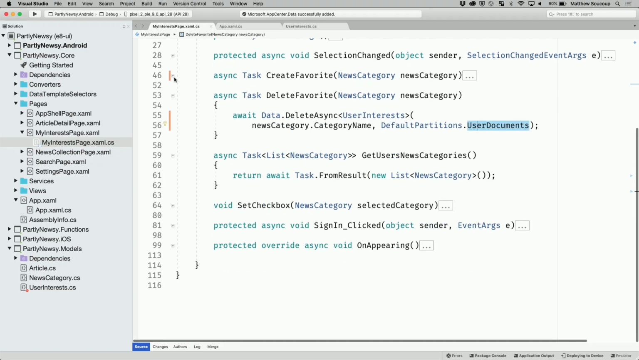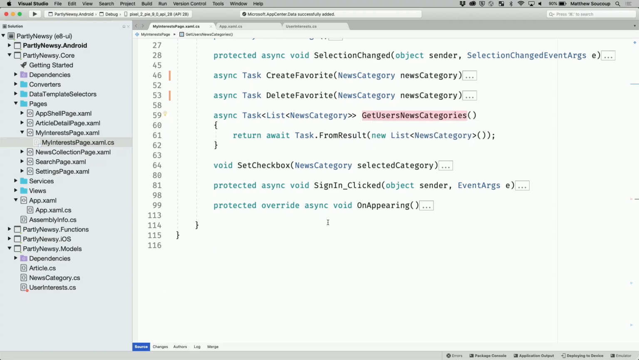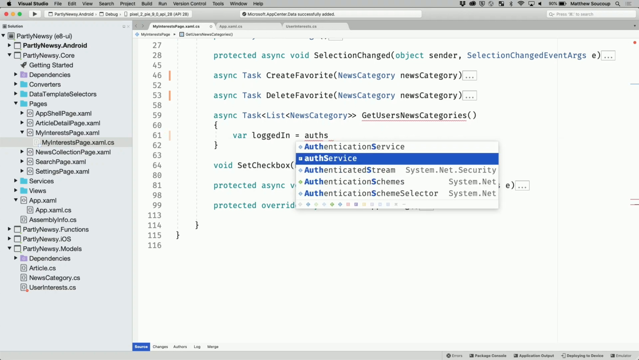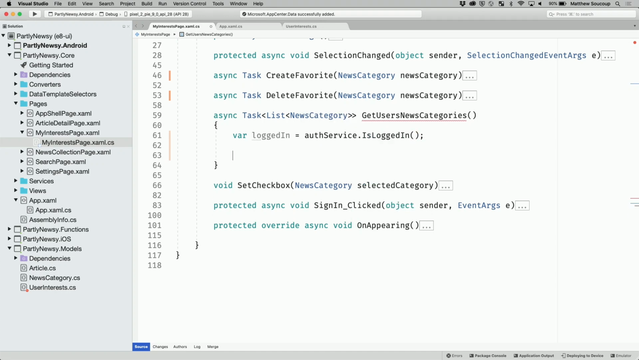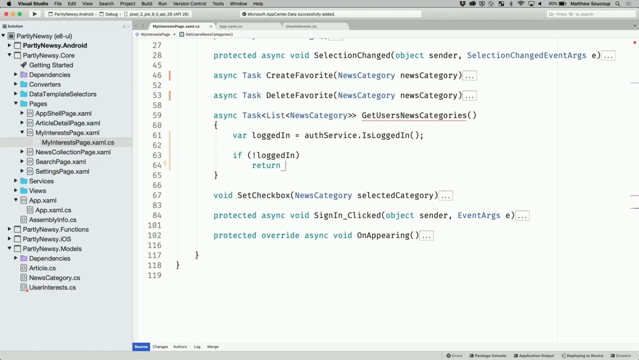Nice. So let's now get users' news categories, or getting the news categories that the user already has selected as favorites after they've signed in. All right, so the very first thing I want to do is make sure the user has actually signed in. And I have in my auth service an isLoggedIn function. So I'm going to make sure that they're actually logged in. So if not logged in, I'm just going to return then an empty list of news categories,